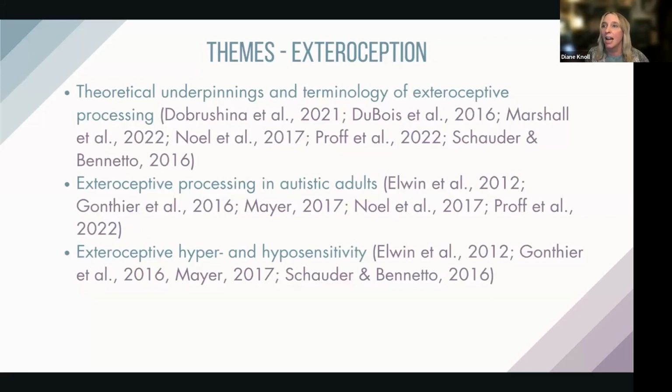But in contrast to that, autistic adults that might have had lower cognitive functioning tended to display more low registration type profiles and hyposensitivity. So they would have reduced body awareness and a need for pronounced proprioceptive input. And really the big thing I learned from this is that because the autistic population is so heterogeneous, we can't say it's definitely going to be one way or the other. We have to take into account there are lots of different types, different profiles out there.